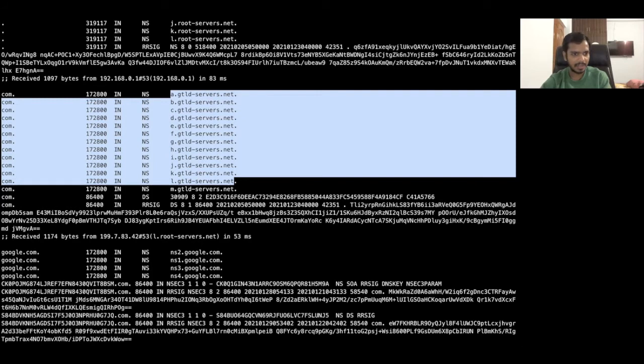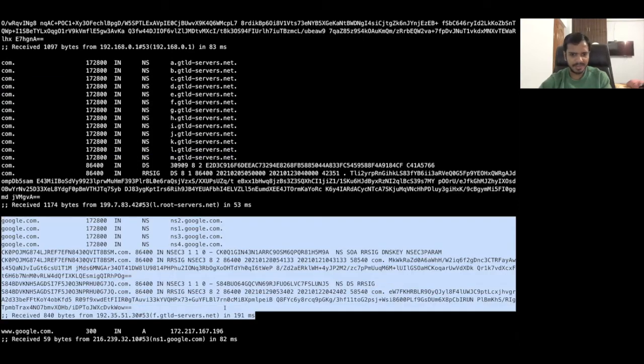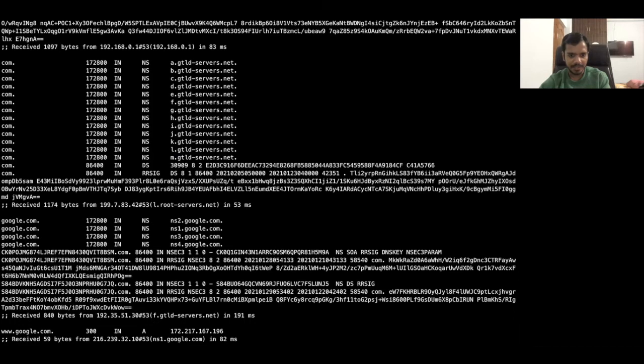So the dig command, in the next step, if you see here, let me go further down. Here, I am not looking at the extra NSEC3 records and all of this. I'm just looking at NS records here. And if you see in the third step, to whom has it made the query? The dig command has made the query to f.gtld-servers.net. Again, this is from one of these TLD servers, f will be here. This is the one. This is the IP address, port number 53, that you can see here.